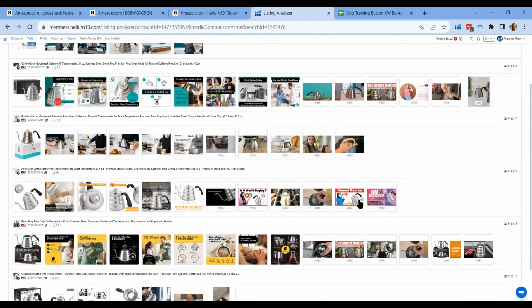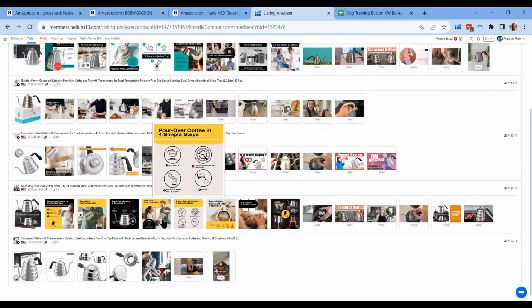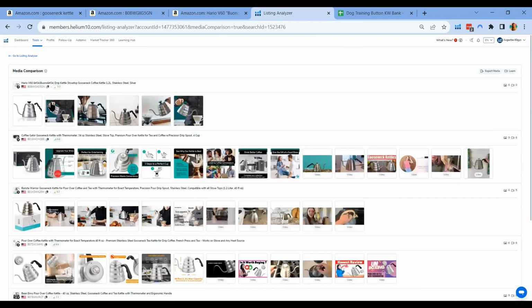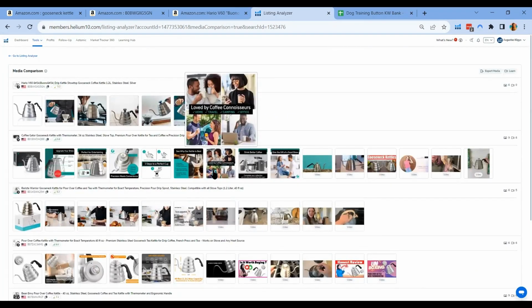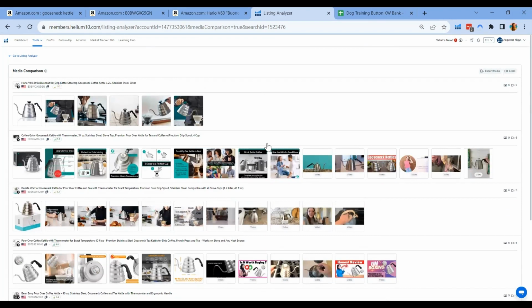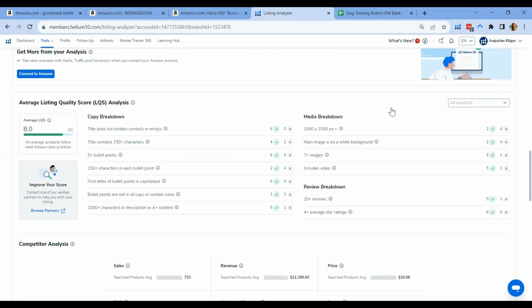So on this part right now, you can see how they strategize their product images. So that's another way for you to gain insight on how your top competitors are doing, and you could study that as well and implement it in your own product image listings and add that here as well to increase your product listing scores. We can check here the average listing quality score. For the total 5 competitors, the average listing quality score is 8 out of 10.